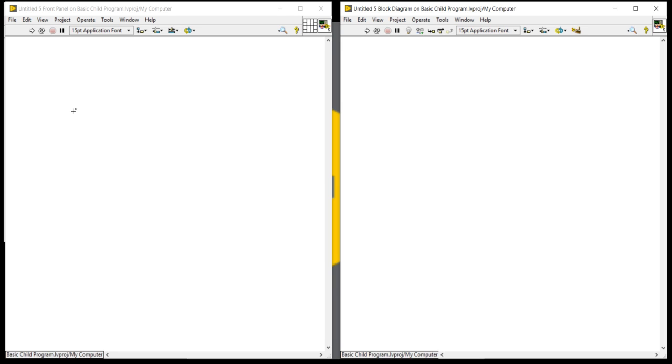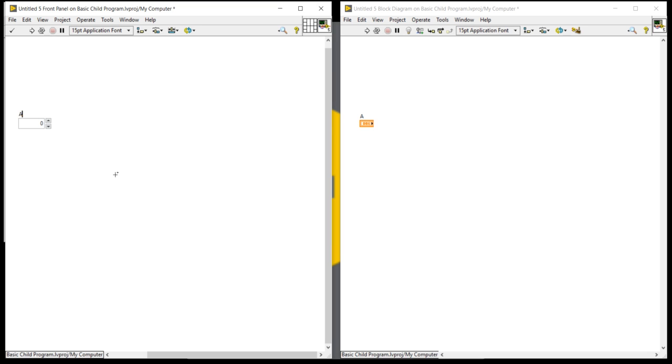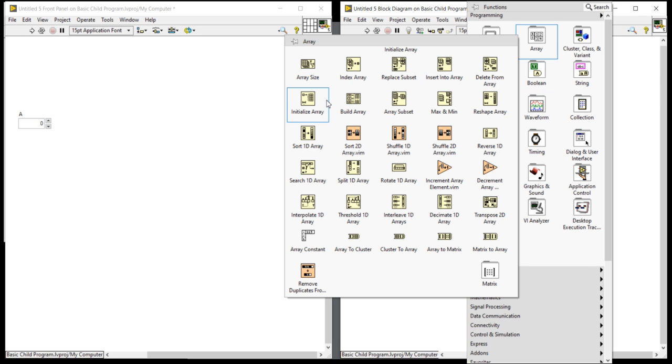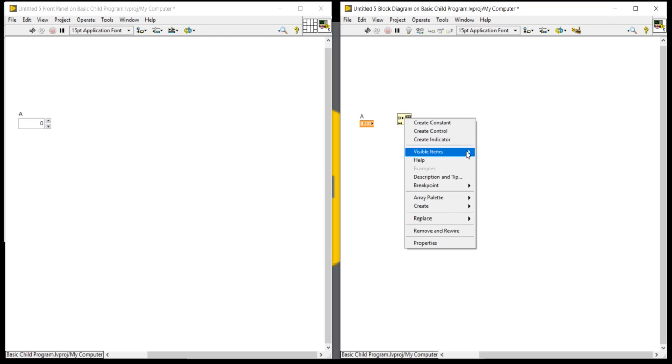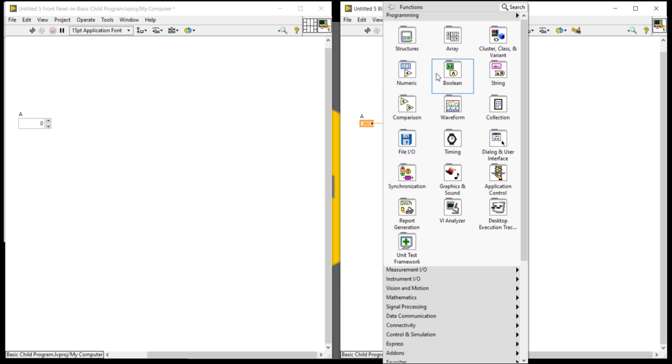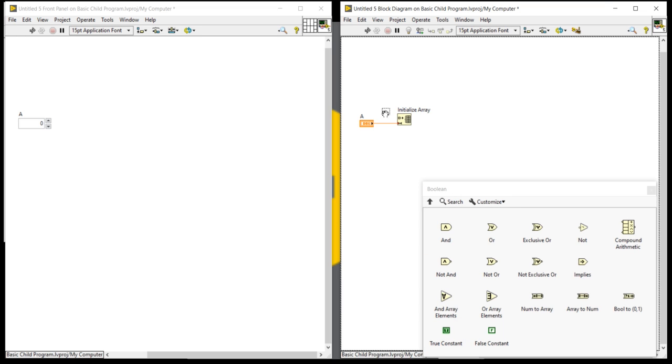Look here, right click, I am taking a numeric control. Rename it A. In the block diagram I will take the array function, initialize array. I will place it here. Connect A, and right click, take a boolean constant from the boolean function palette, a true constant, and place it here.